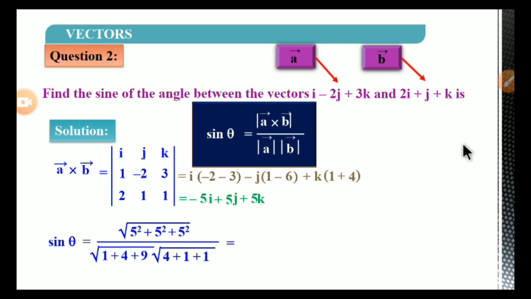So now after the simplification, here we will get 5 into square root of 3, because pi square, after adding all of them, is square root of 75. That square root of 75 can be written as 25 into 3. So after we get the simplest form, this becomes 5 into square root of 3. In the denominator, this is square root of 14 into square root of 6.